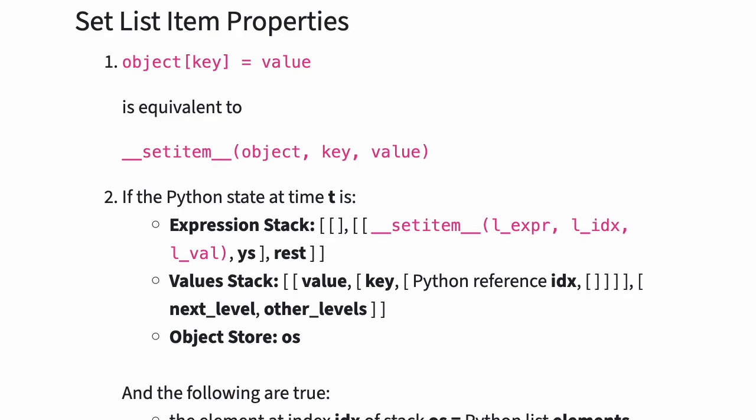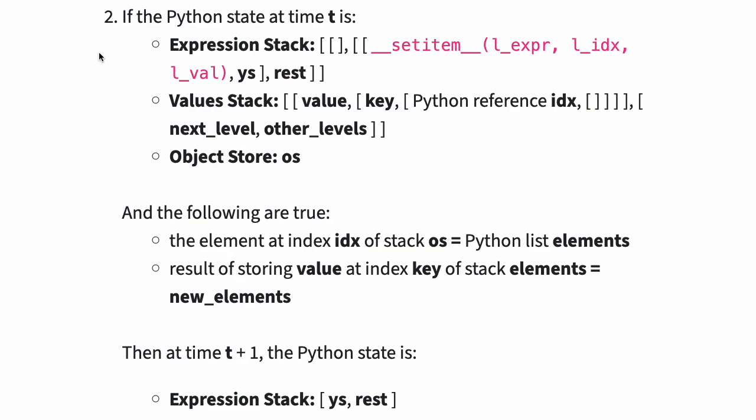Here are the setListItem properties. 1. The statement object[key] = value is equivalent to the function call setItem with object, key, and value. 2. If at time t the expression stack contains an empty element followed by the setitem function call, and the value stack contains value, key, and the Python reference IDX, and the object store is OS,